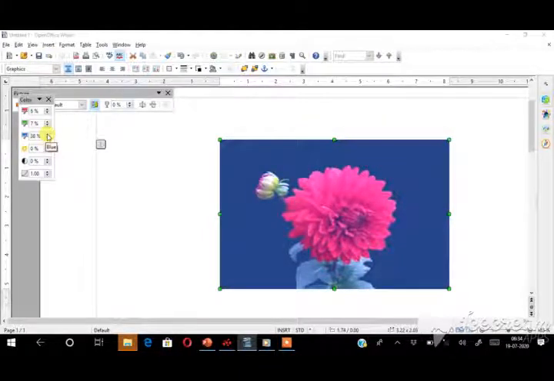So using this option, you can give brightness or red, green color. Based on the increase and decreasing value, the color will be changed in the picture. This way you can make changes. And then again undo my picture.